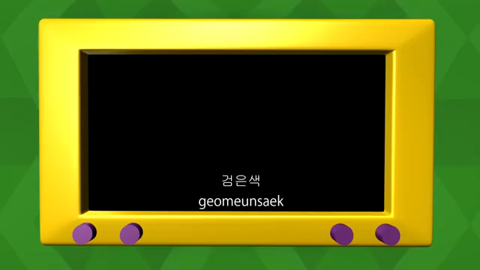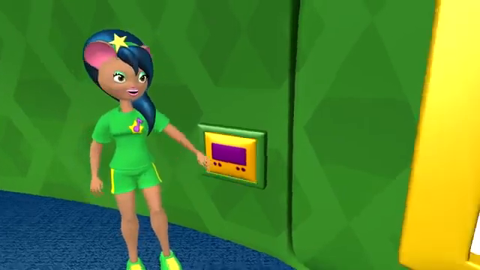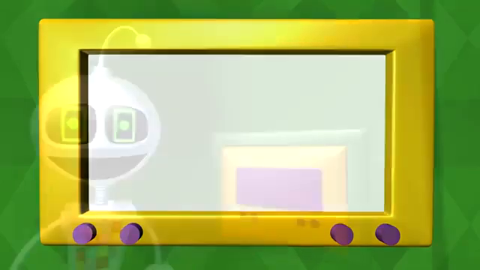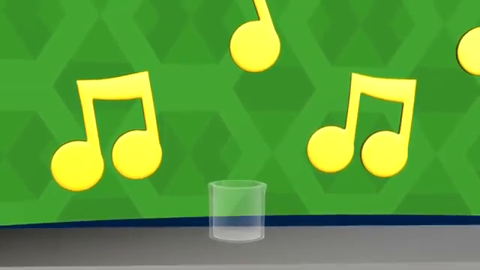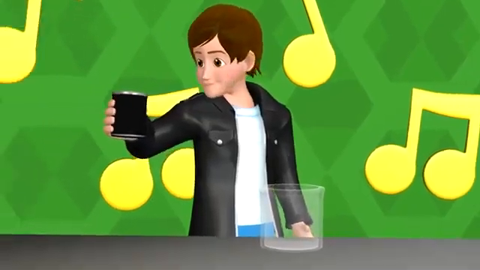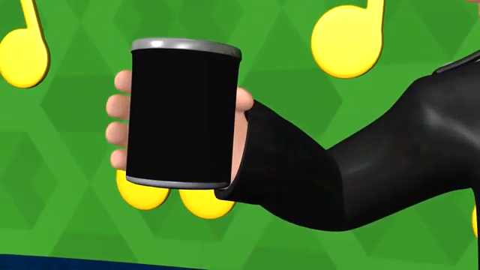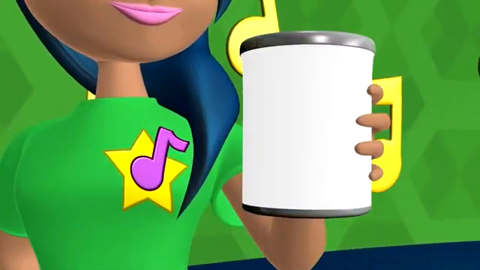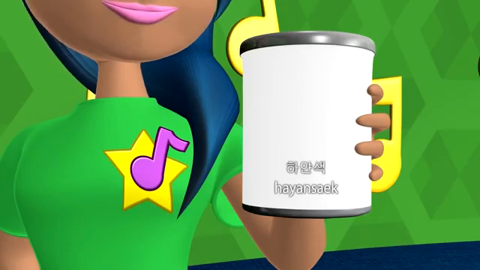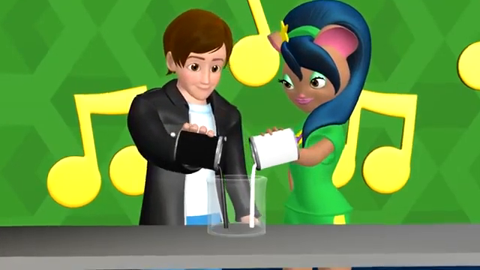black, 검은색, white, 하얀색, gray, 회색, black, 검은색, white, 하얀색, gray, 회색,